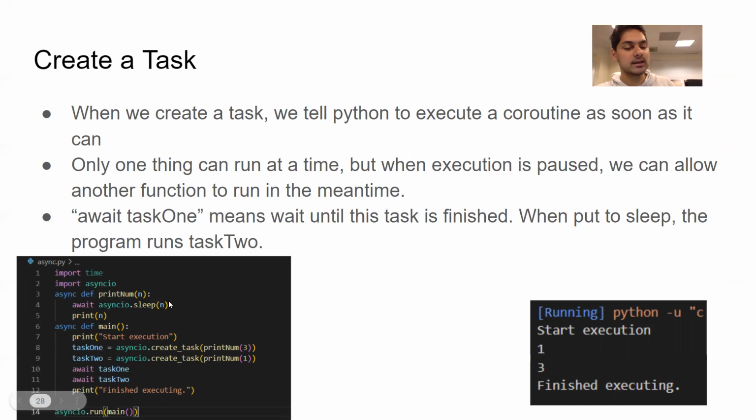Except that we have no other tasks, so we just wait that 1 second out, and then we can print 1, and that's what we see here. Now that task is done. Going back to task 1, the task has slept for 3 seconds, and now we can print 3. And so this is the asynchronous programming part: task 2 is finished before task 1, essentially.